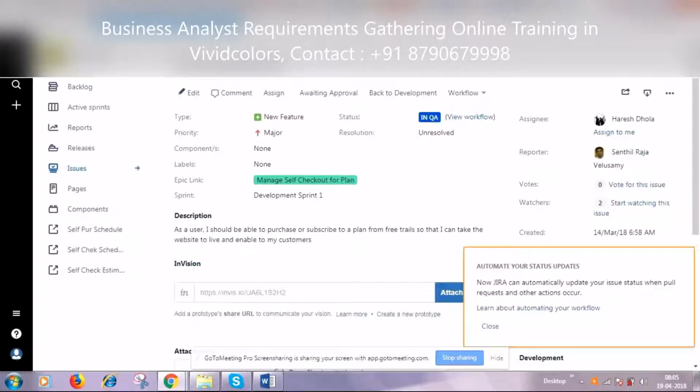So what you are going to do is interact with them. Your question will be this way: how do you interact, or what are the ways to interact? So we will have a brainstorming session, we will have a daily walkthrough, we will have a demo kind of session, or we will have a clarification. Okay, let me open one more. Say for example,